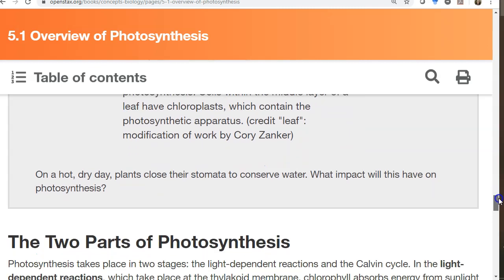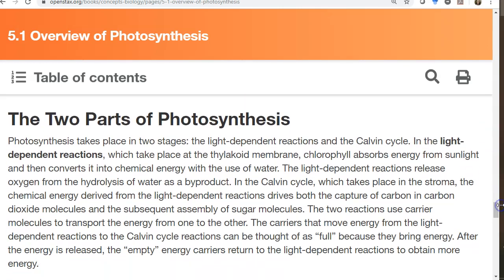So we're going on, and I just mentioned these two parts of photosynthesis, the light-dependent reactions and the Calvin cycle. So those are two huge categories. You've got to take notes about those. So in the light-dependent reactions, which I mentioned, occur in the membranes of the thylakoid, the chlorophyll is absorbing that energy and converting it into chemical energy. And so when we talk about how this happens,